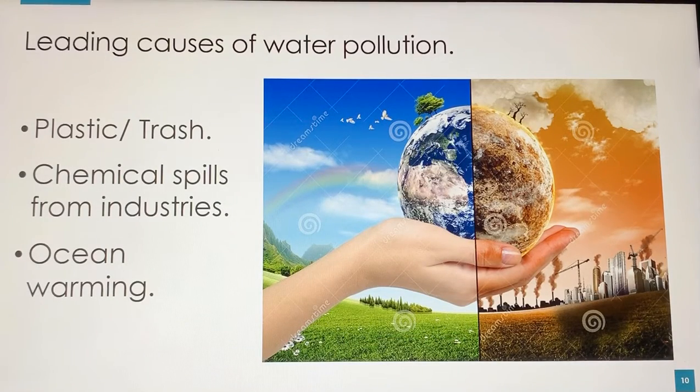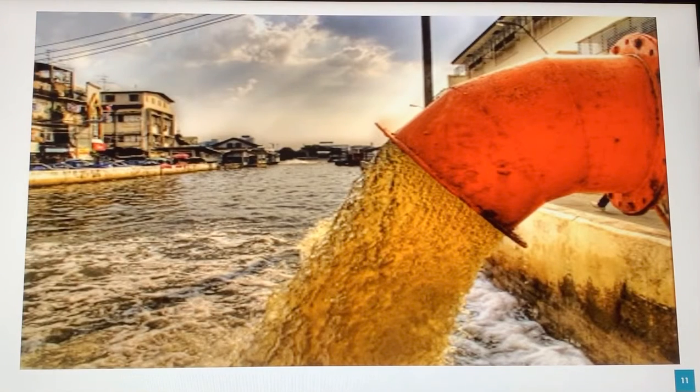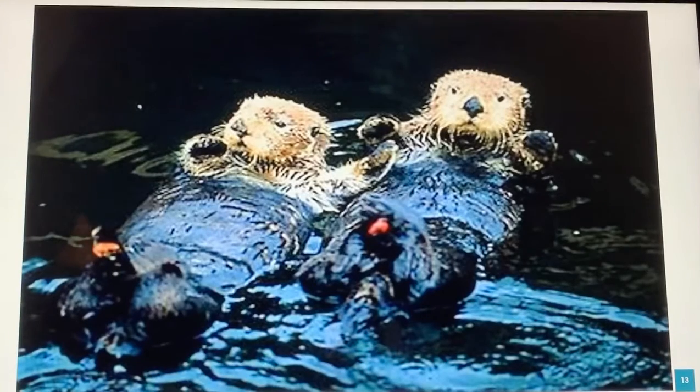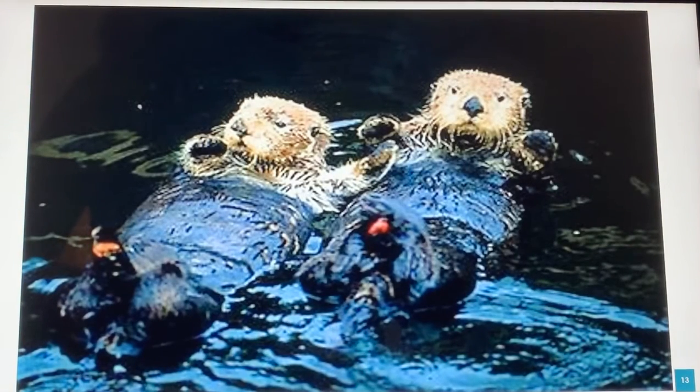Chemical spills from industries. The oil and chemicals released into our coastal waters kill and destroy habitats and wildlife, contaminating critical resources in the food chain. These spills cause fisheries and navigation routes to shut down and can last for decades. About 760 million gallons of oil is dumped in the ocean every year. The incident at the Gulf oil spill killed about 25,900 marine animals.